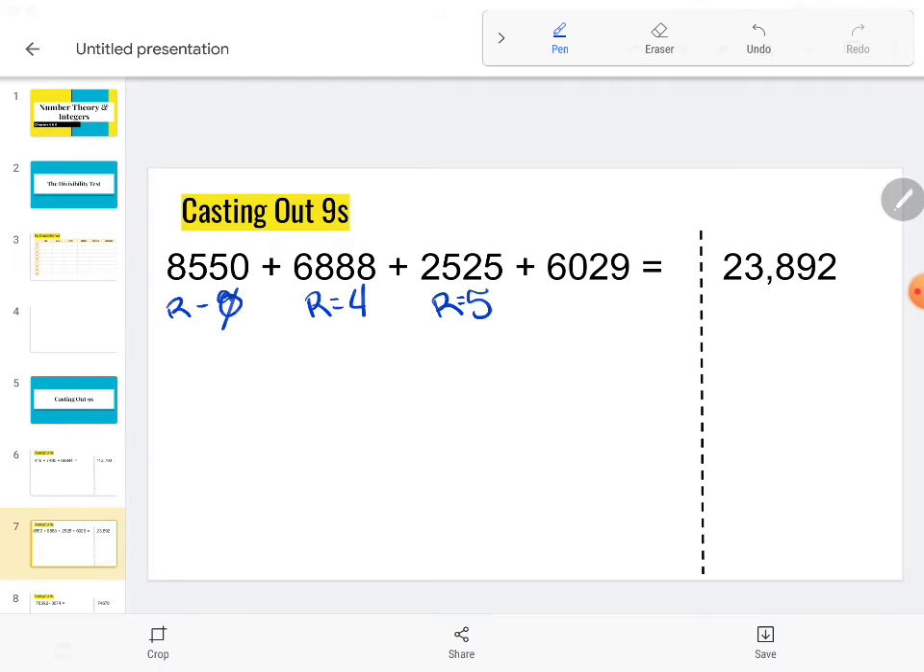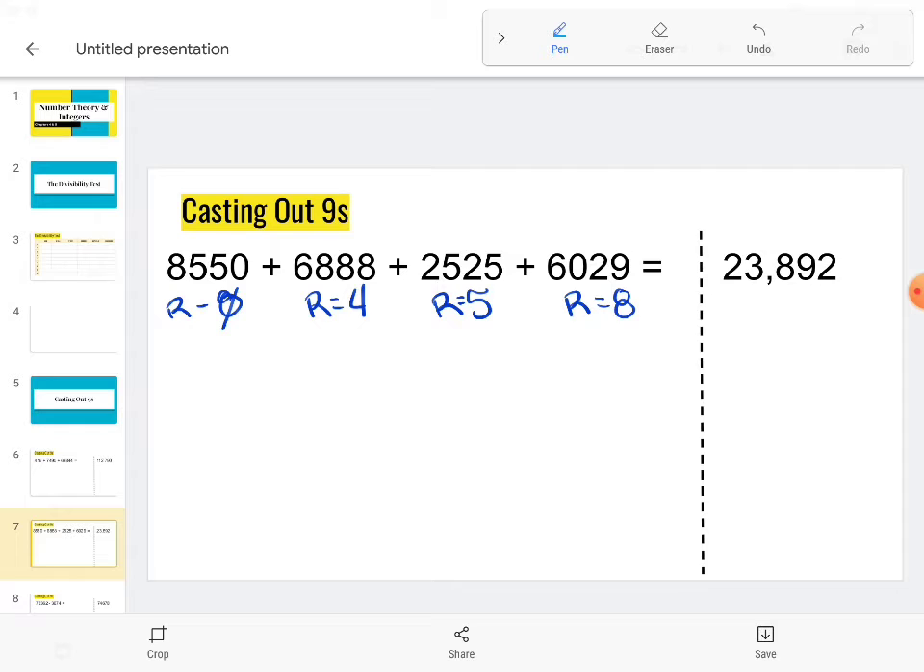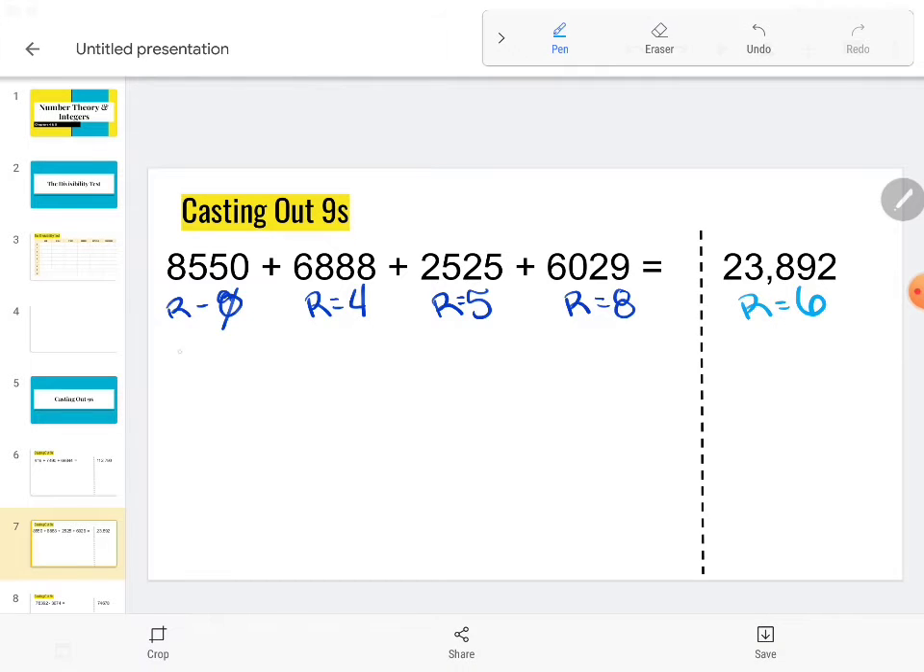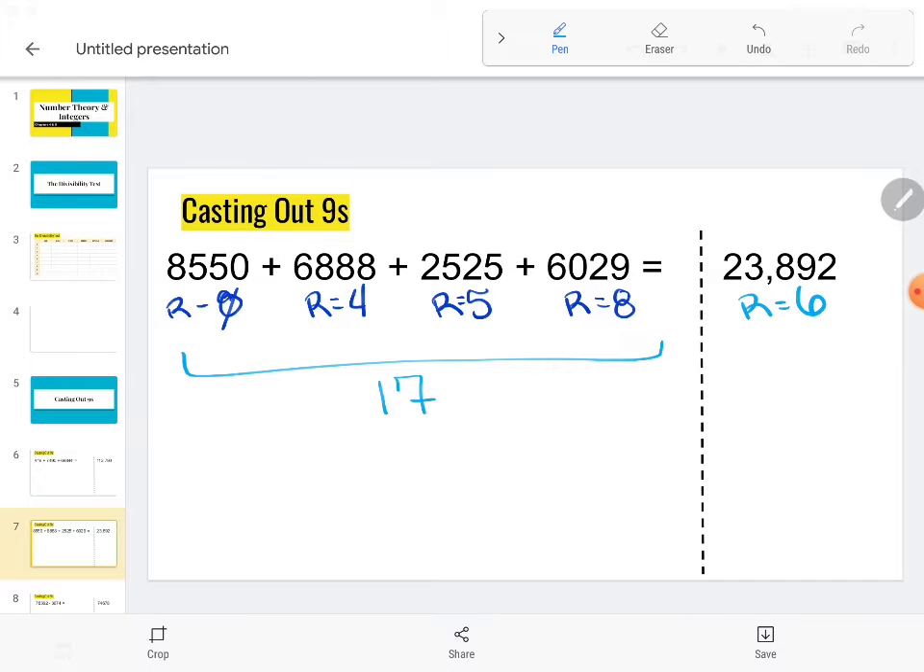And for our final one, we're going to do 6 plus 0 plus 2 plus 9, which is 17. So our remainder will be 8. Now what we need to do is find our remainder for our solution, which is going to be 2 plus 3 plus 8 plus 9 plus 2, which will be 24. And once we cast out our 9s, we should have a remainder of 6. So now we're going to add all these together, and the number that we should get is going to be 17. Well, our remainder for our solution is different, so we're going to go ahead and double check this problem,